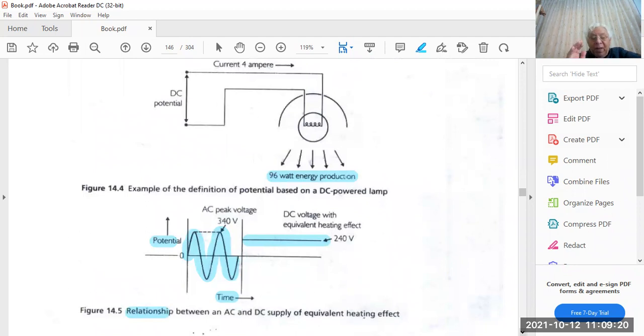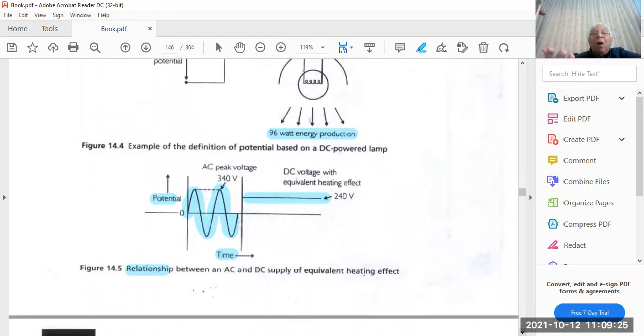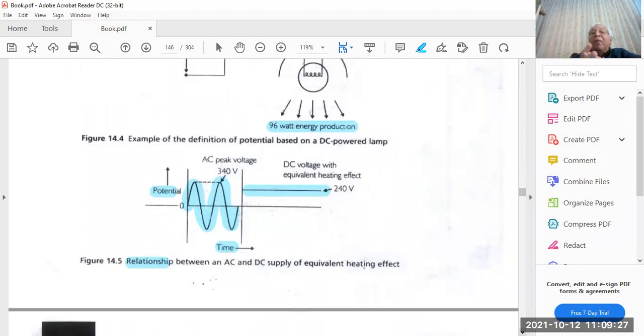This figure downwards is before what we are going to talk about. However, it's the difference between the alternating current and the direct current. For interest, nothing more. You can see that the alternating current creates a sine wave, positive and negative, and it has a peak. Like the dynamic compliance and the static compliance, it has a peak. The peak is around 340 volt,